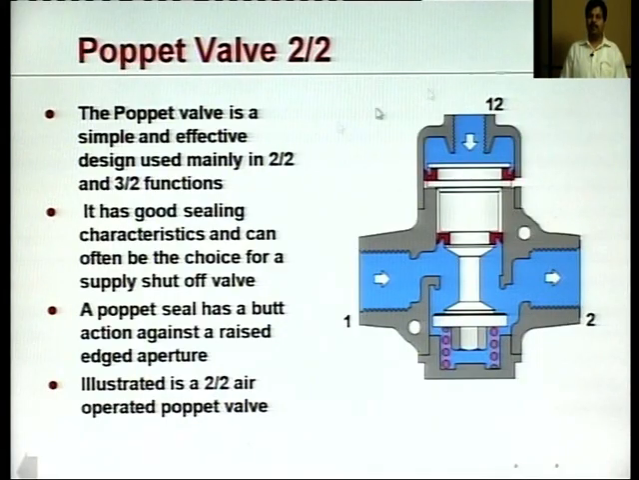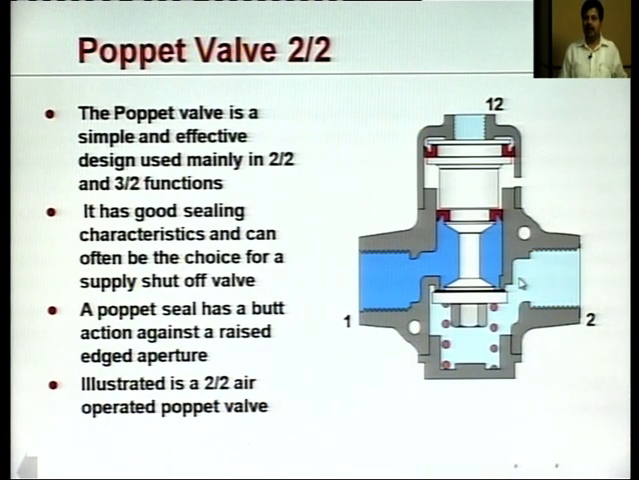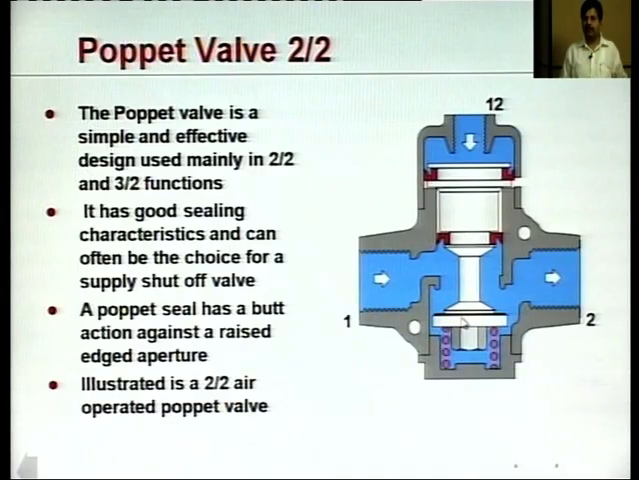As soon as we apply the pressure at that particular end, the poppet goes down, and as a result these two ports get connected, and as soon as the pressure ceases to be applied at this position, it returns back to its position and this valve becomes closed. We can see this action. This is how this 2 by 2